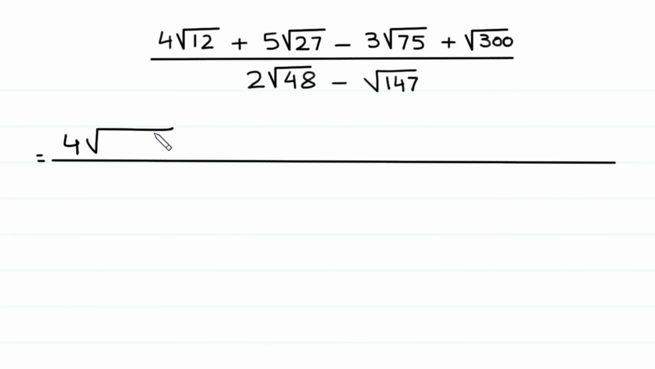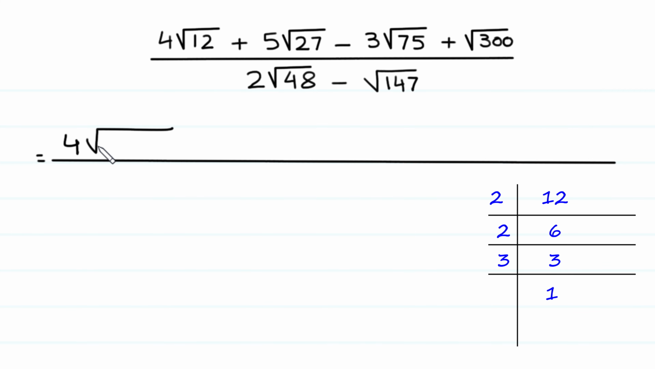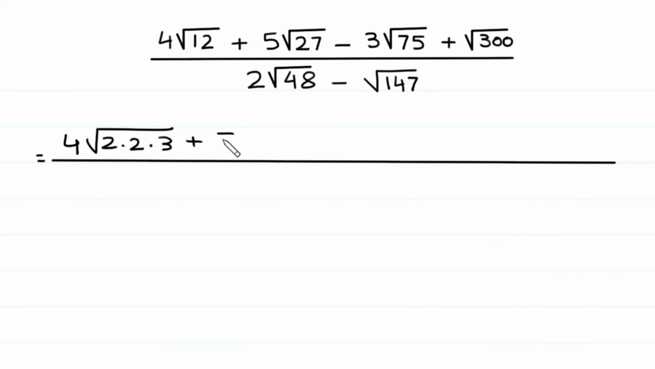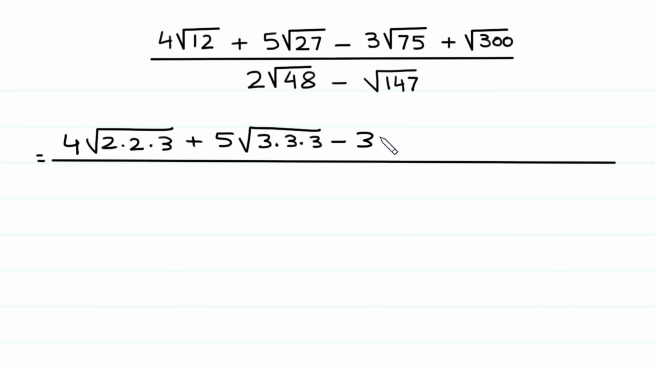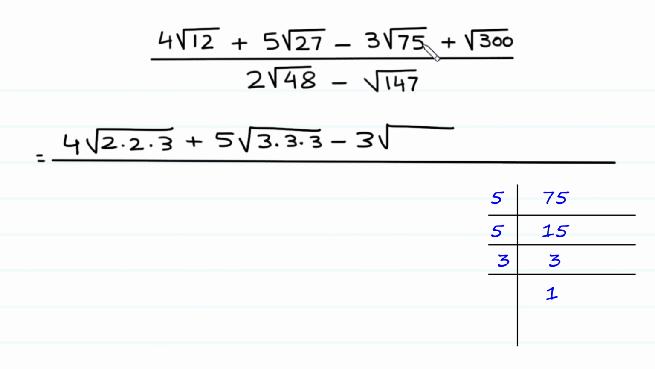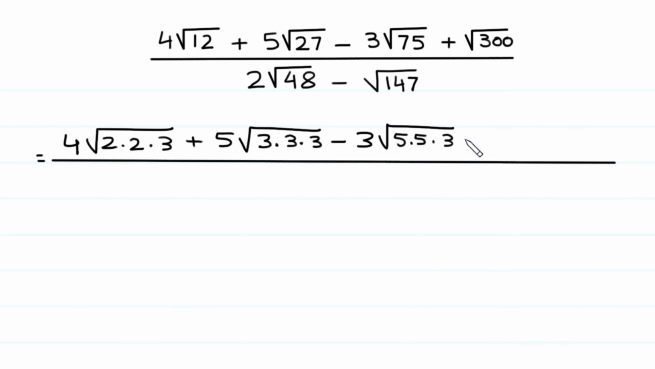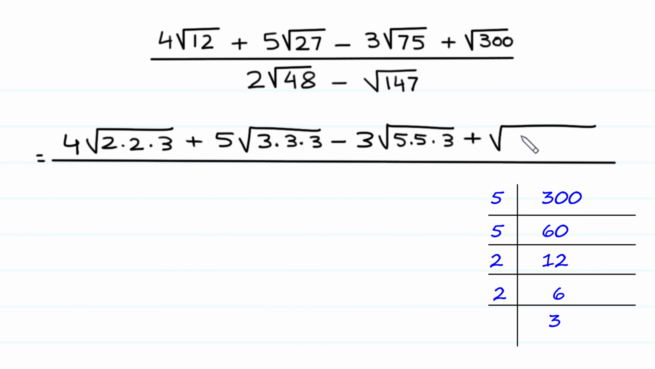4 times square root of this 12 is factorized as 2 times 2 times 3, plus 5 times square root of this 27 is factorized as 3 times 3 times 3, minus 3 times square root of this 75 can be factorized as 5 times 5 times 3, plus, and this 300 is factorized as square root of 5 times 5 times 2 times 2 times 3, divided by